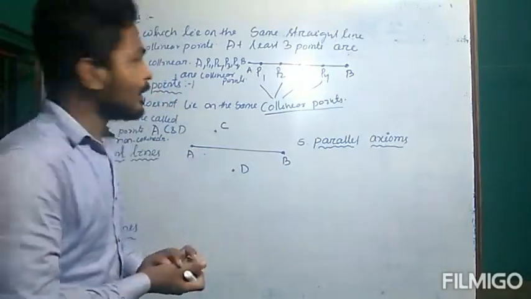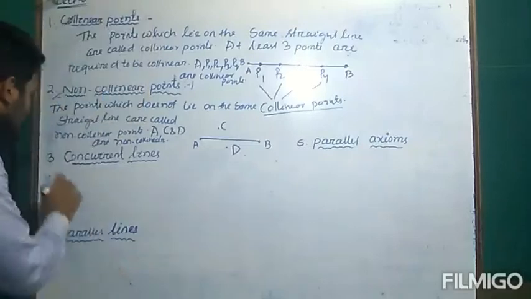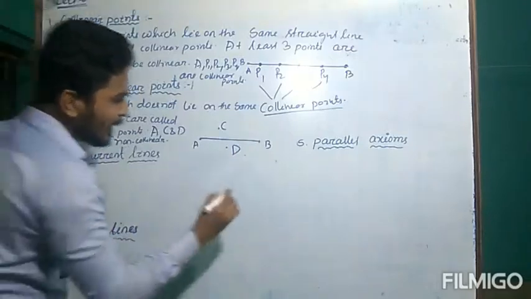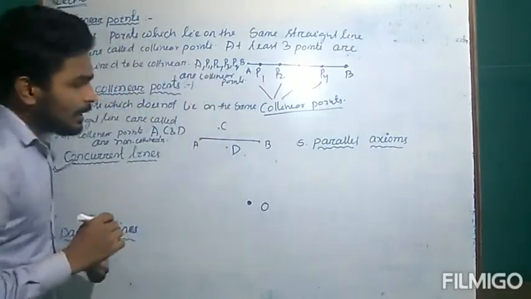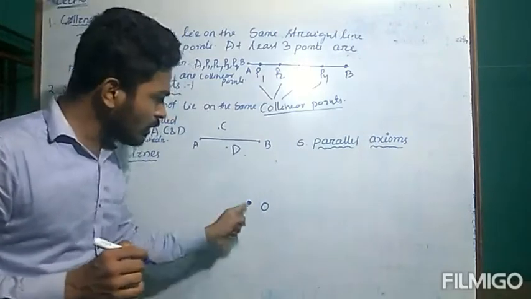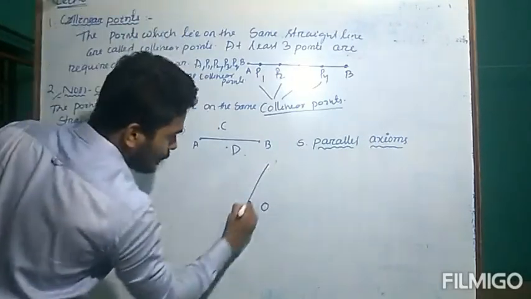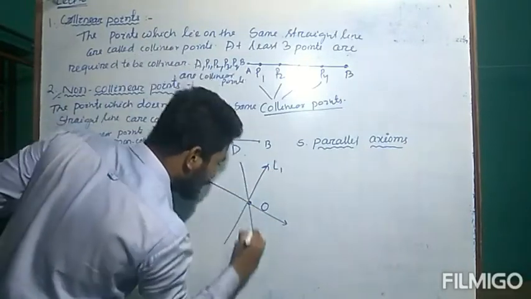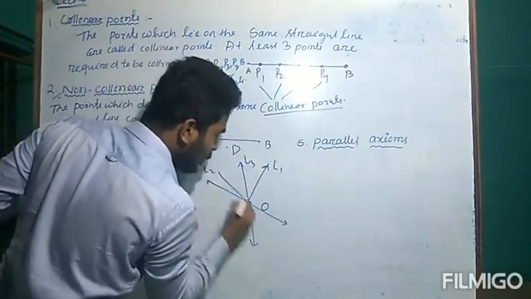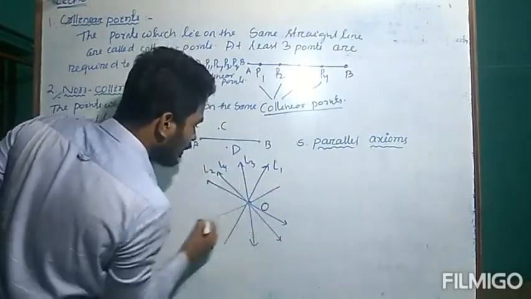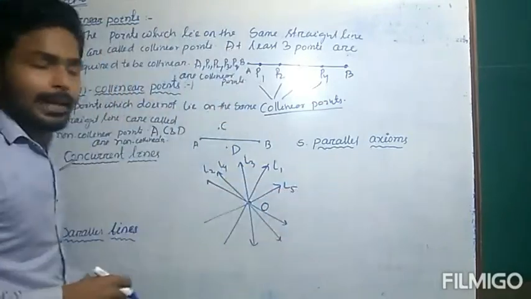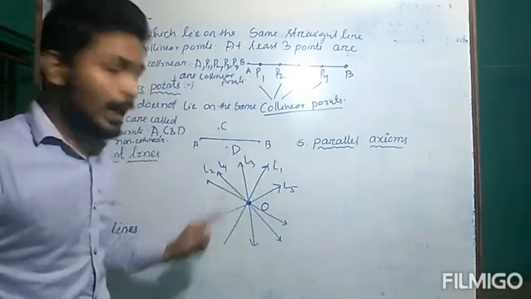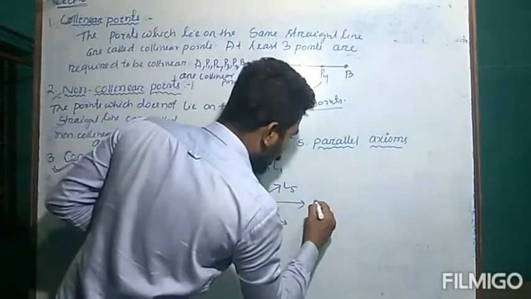Now coming to the third term, that is concurrent lines. So what are concurrent lines? Let me tell you an example. Suppose there is a point O. Then tell me how many straight lines can be drawn through this point. See, through this point we can draw an infinite number of straight lines like L1, L2, L3, L4, L5 and so on. It means all these straight lines pass through a single point O, and this point is known as the point of